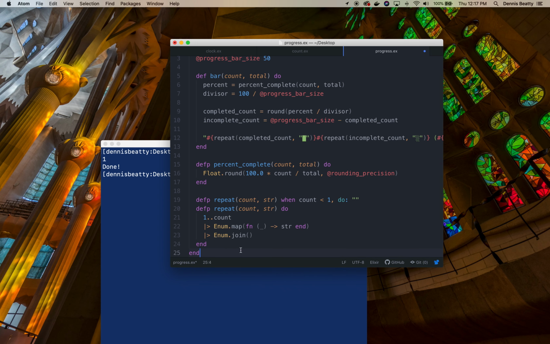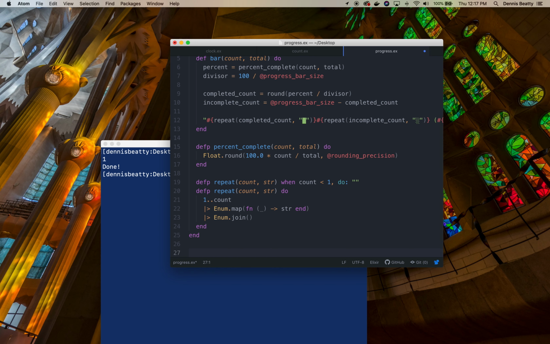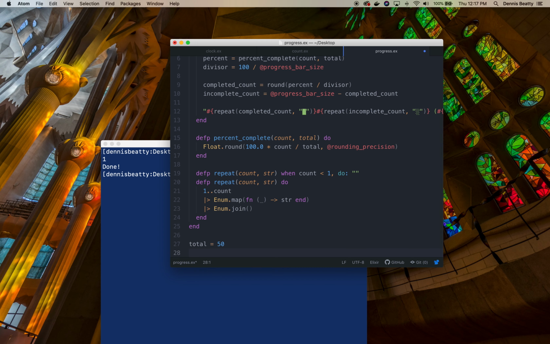And so now let's go ahead and actually use it. So outside of the module, let's say that we have a total of 50 tasks that need to be run. And so let's call an Enum.each with a range of 1 up to that total, and then we'll take the current task is what we're calling it,